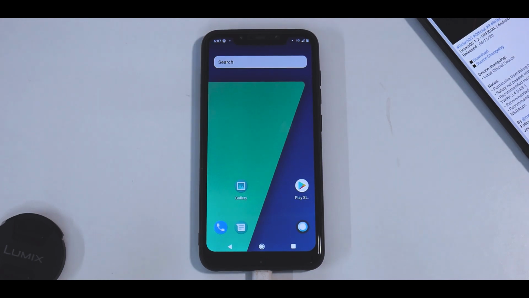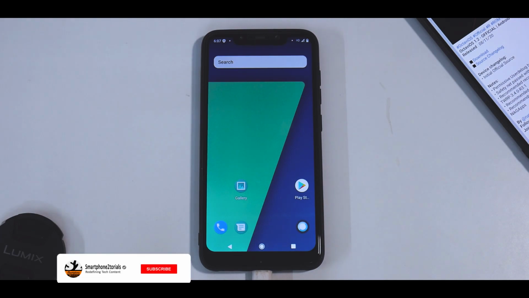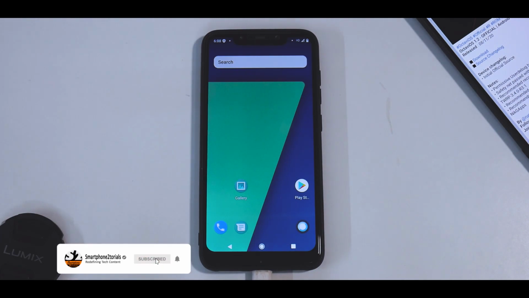Hey guys, welcome to another install and preview for the Pocophone F1, and I'm a little excited today because I'm going to try a new OS, or at least I am doing this for the first time in my life on channel, because this is Octavi OS, whatever you want to call it.